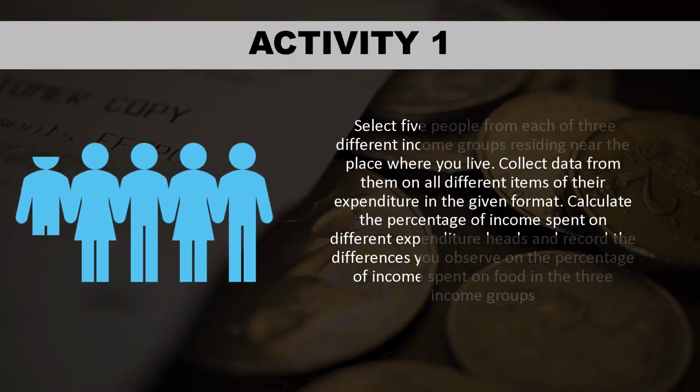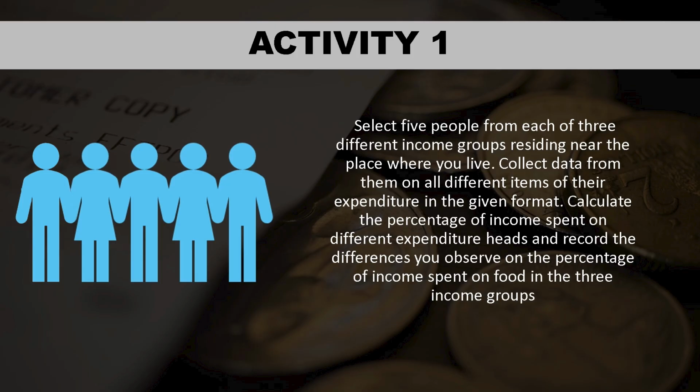So we have options to buy from. Now here, I wanted all of you to do one activity. What you have to do in this activity is select 5 individuals belonging to 3 different income groups. The 3 income groups which we have just discussed: lower income group, middle income group and higher income group. So 5 individuals from each income group, that is, you will be doing this activity on 15 individuals